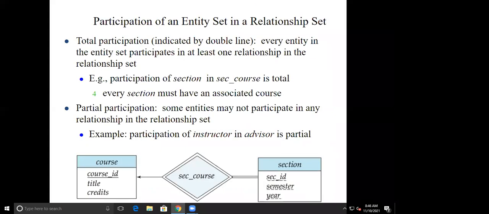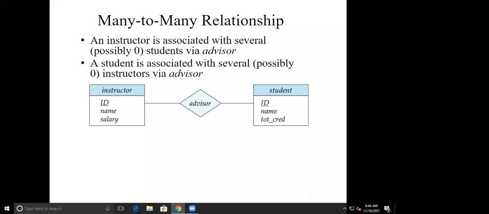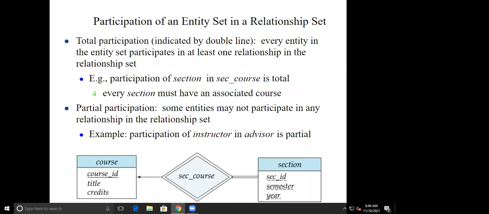In the representation of ER diagrams, up to relationships, we have seen the constraints. We also saw how to represent participation, total and partial. If you want to show partial participation, we use a single line for the connection between the relationship and the entity. But for total participation, we always use a double line connecting the relationship and the entity.